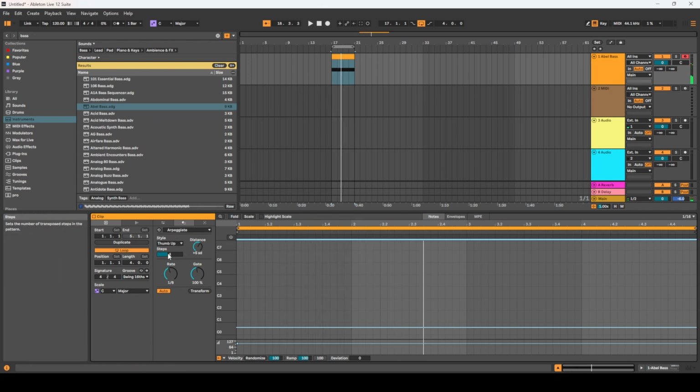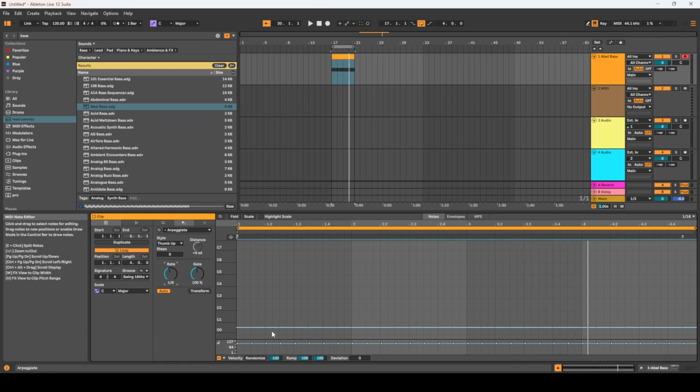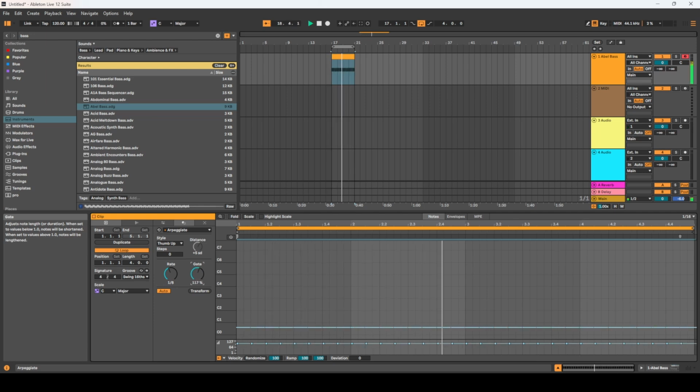Now we've got arpeggiator. If we go to steps of, say, 0, it'll basically arpeggiate them at this rate. This is a rate of 8. So we can increase the rate. Okay, which is super cool. But if we want a bit of a gap between the notes, we can just reduce the gate below 100. Or we can even overlap them so they go over, but because this is a mono instrument, we won't really